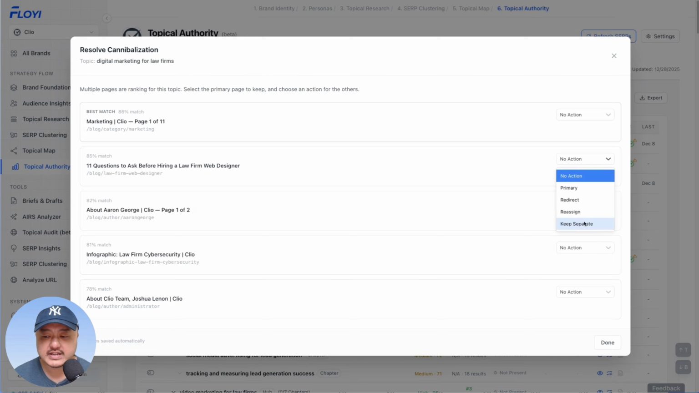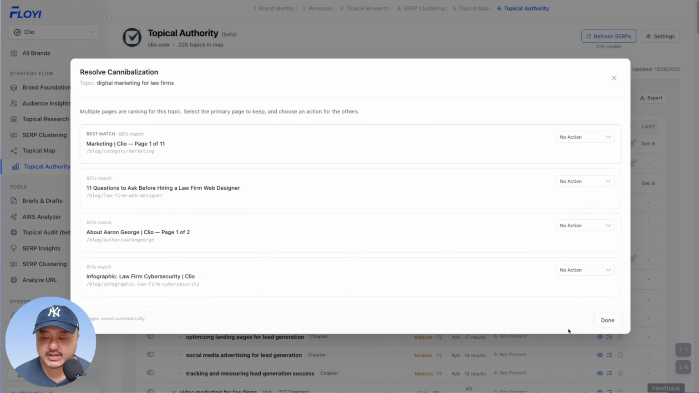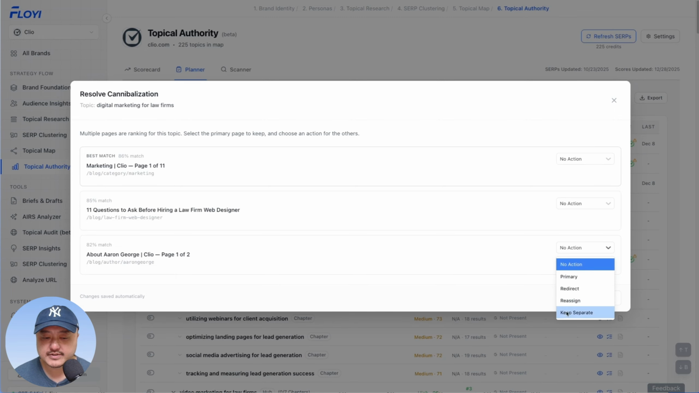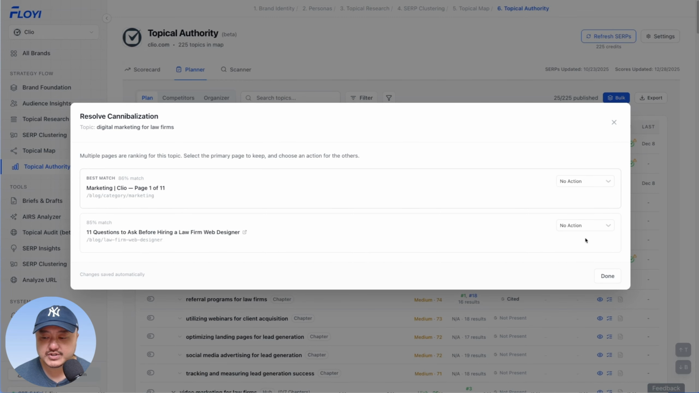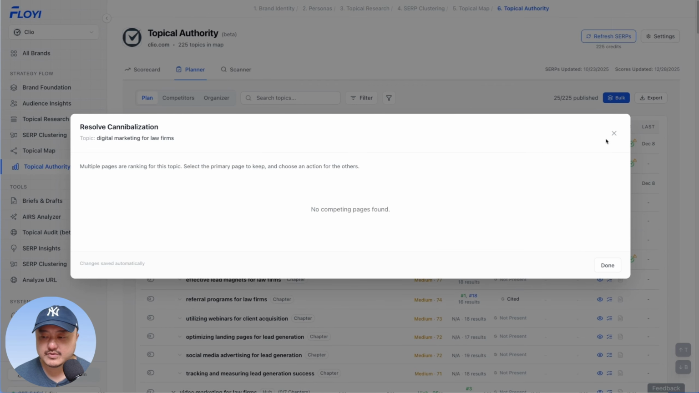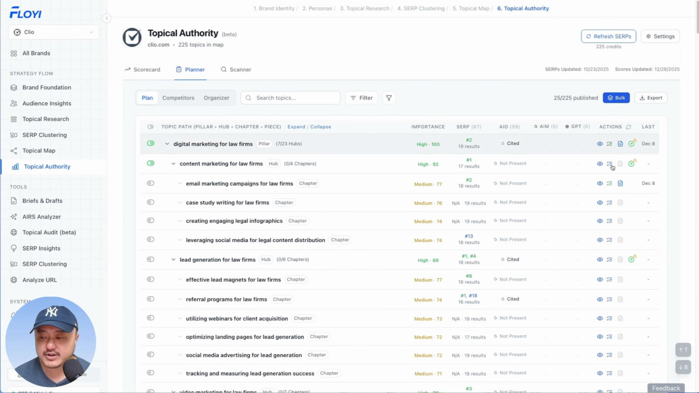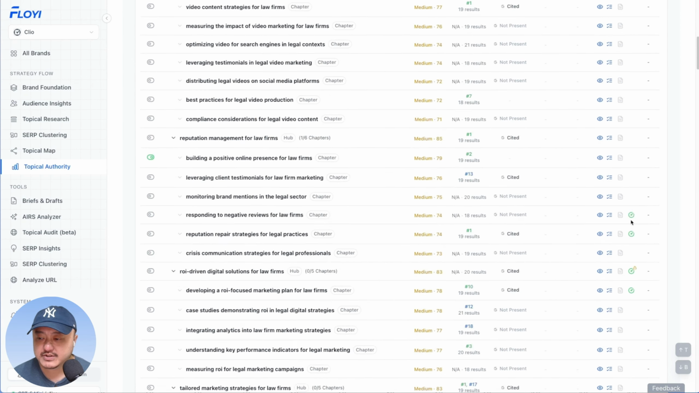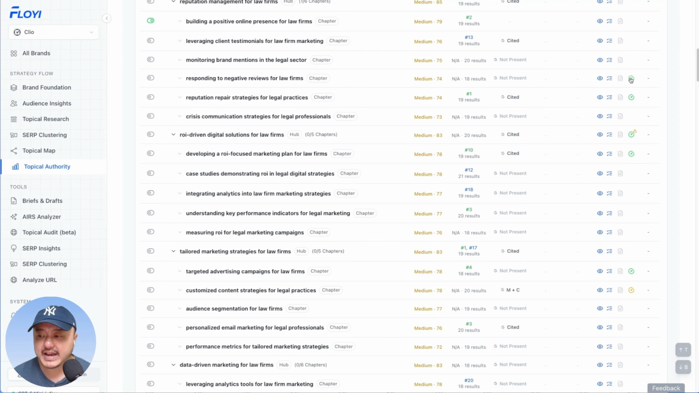Okay, so it's the same options as in the scanner and cannibalization section. So you can still keep it separate, set it as primary. And I think for all of these, we want to keep it separate because we don't have an article yet for it. 11 questions before hiring. Nope. Nope. Okay, so we don't have any articles for it. And then let's scroll down here to one without one. So we have this match here,